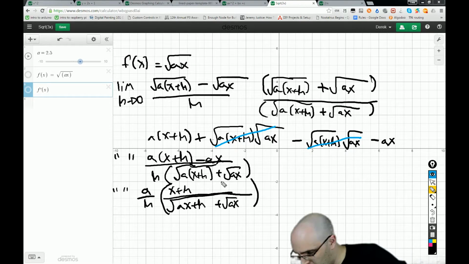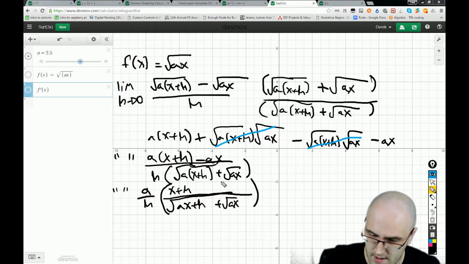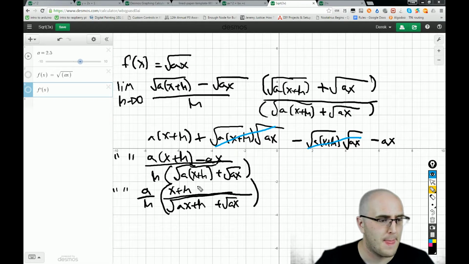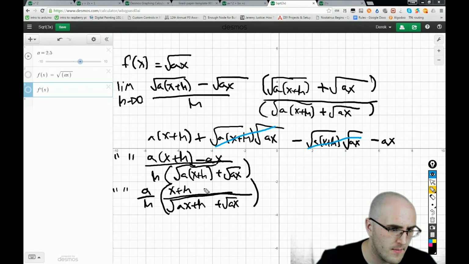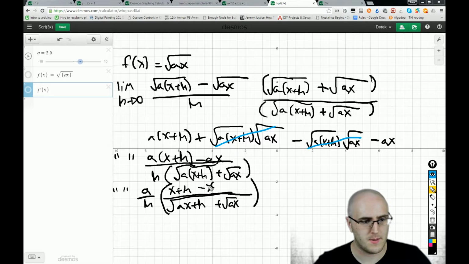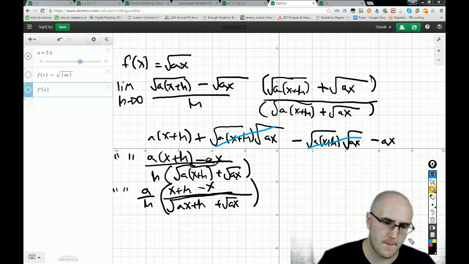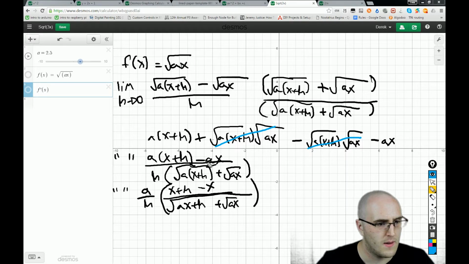Oh, okay. I got it. Alright, sorry, I know what I did wrong. It was the minus x that threw me off, because I forgot to include this term here. This is also getting factored out, and there's a minus x there. So this x and this x will cancel out. And then we'll just have h on the top and be able to cancel out this h and that h. So we end up with